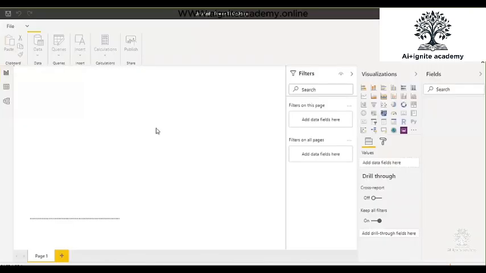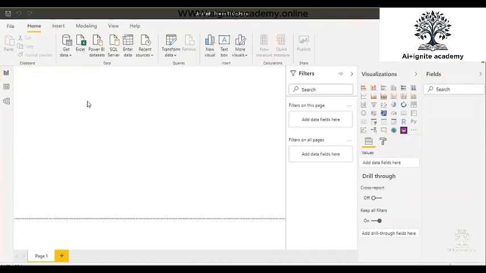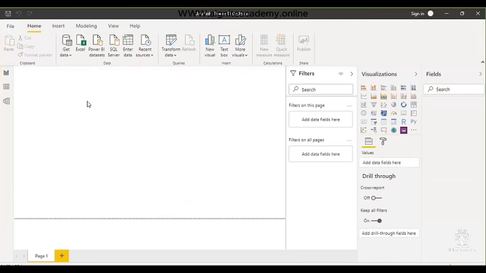Today we are going to start with Power BI Desktop. Now let's see, when you want to start working with Power BI, there are a few things you should always make sure of before working on any project or report. The first thing is, it is recommended that you always work on the latest Power BI Desktop.